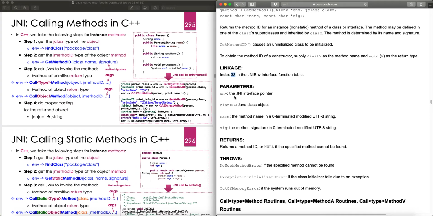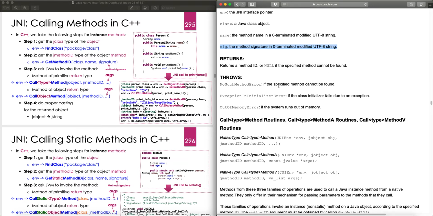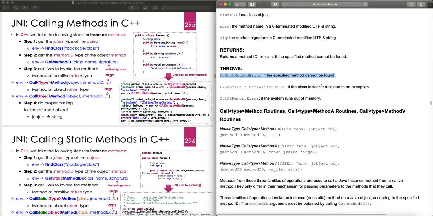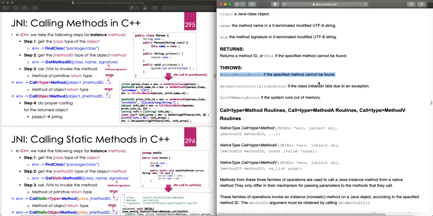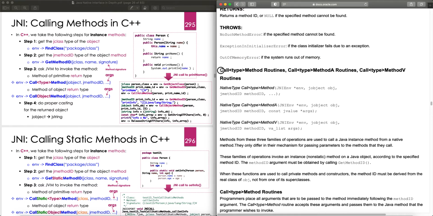Linkage index 33, parameters. It takes a jclass, a C-style string for the name of the method, and a C-style string for the signature, and returns a method ID or null if the specified method cannot be found. It throws NoSuchMethodError if the specified method cannot be found, ExceptionInInitializerError if the class initializer fails due to an exception, and OutOfMemoryError if the system runs out of memory. And then